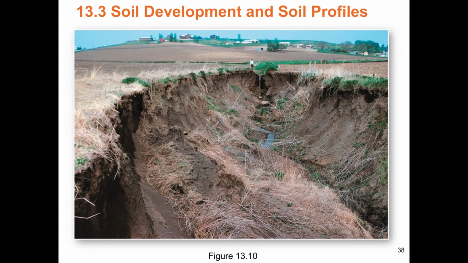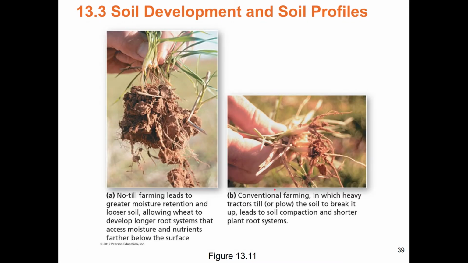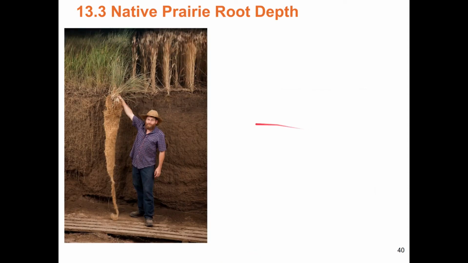So here we've got an extreme example of soil erosion. If the picture was better, we could actually see the different soil profiles, but you can see there used to be soil there. It's been washed away. That's erosion. Here we have conventional farming versus no-till, looking at the root systems of these two. And this is native plains grass. And this is how long the roots are. These are cultivated, probably wheat, and you can see how shallow the roots are, as opposed to how deep and well-developed and interlocked these roots are in native prairie vegetation.